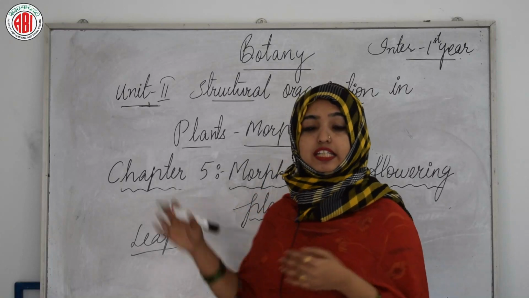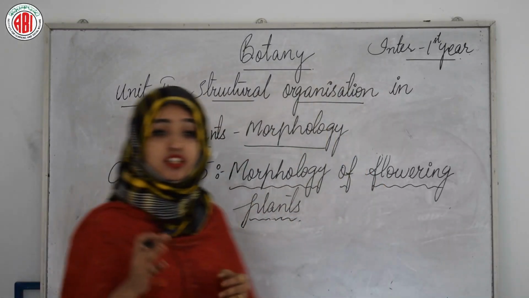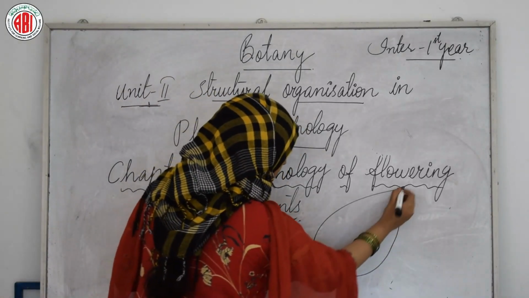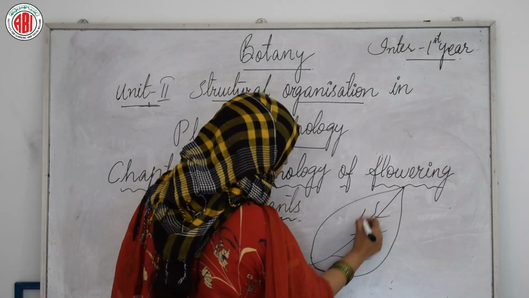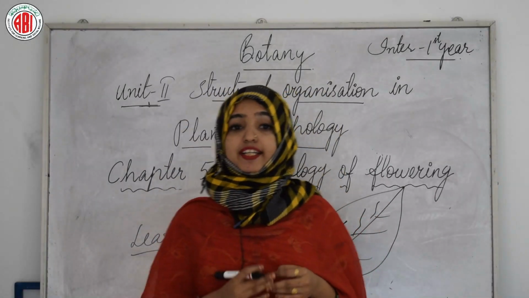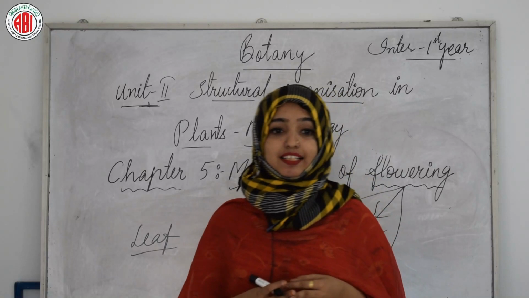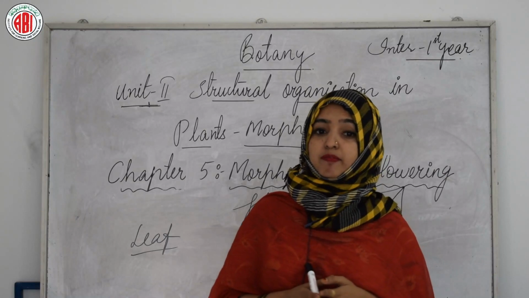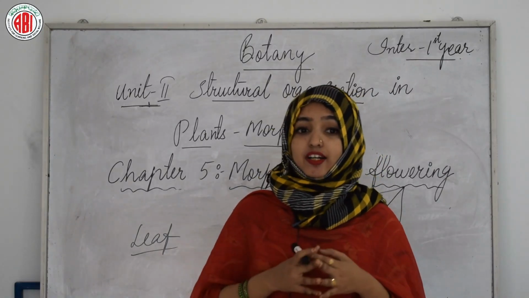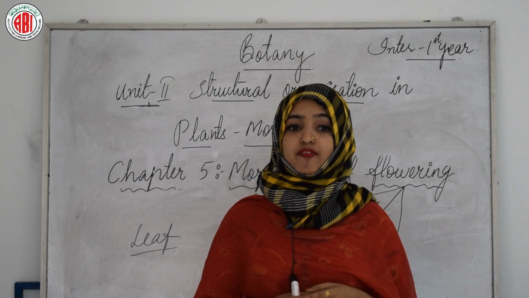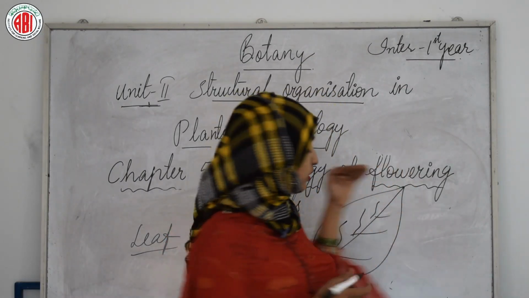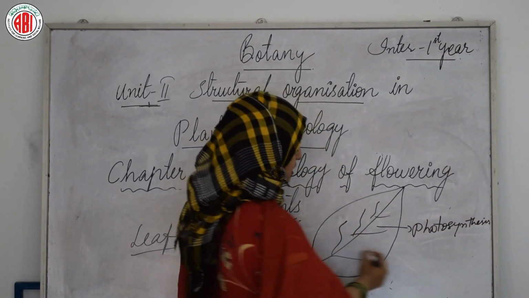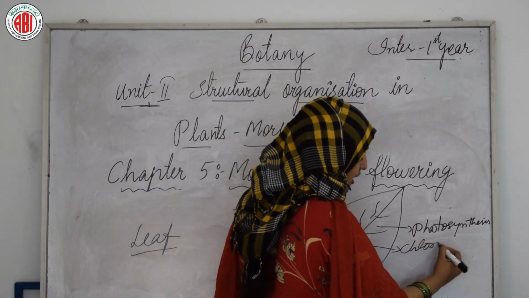We all know that the leaf is a lateral, generally flattened structure borne on the stem. We all know what a leaf is, right? A flattened structure that normally forms on the stem, and it develops at the node and bears a bud in its axil, and the axillary bud later develops into a branch. Leaves originate from the shoot apical meristem and are arranged in an acropetal order. They are the most important vegetative organs for photosynthesis. We all know that leaves are the main site for photosynthesis, as they contain a green pigment called chlorophyll.